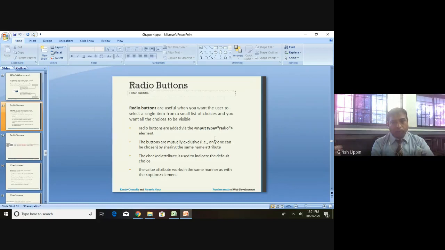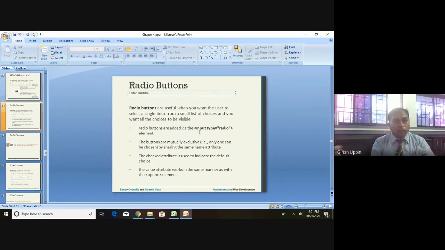If you want to create a button like that, you will be using this particular type as a radio in the input control. And let us say you want to provide four options, four options as radio button options.